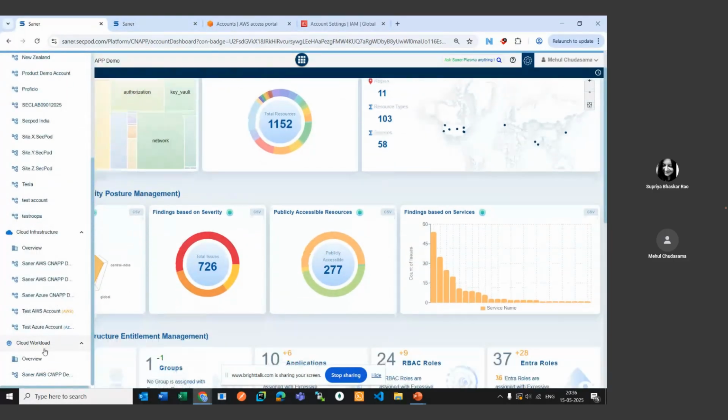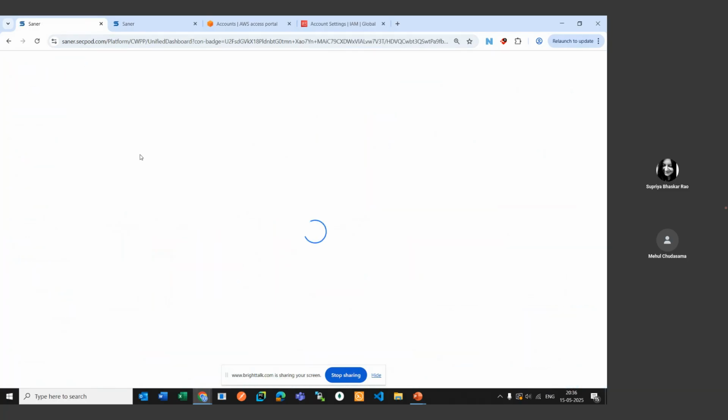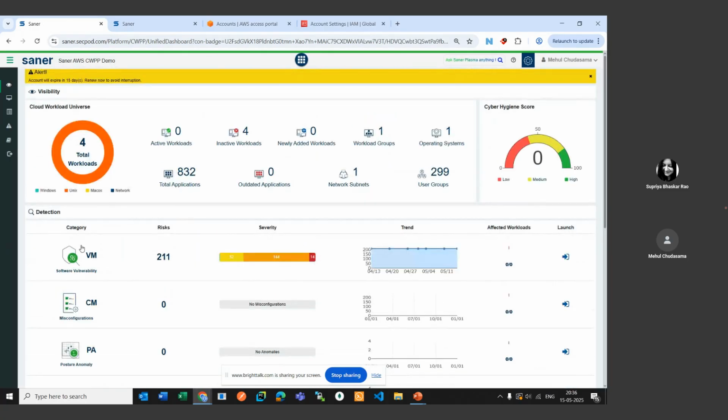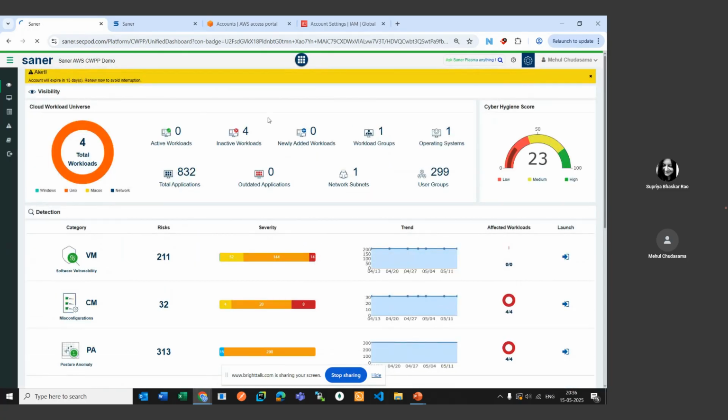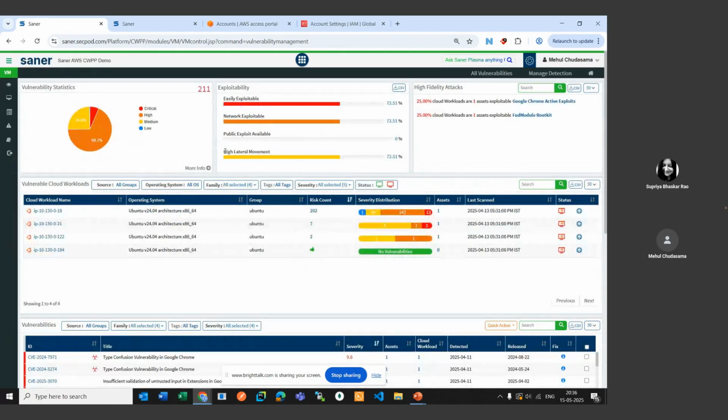One more interesting feature that we have is the cloud workload. Cloud workload gives you an option to scan for vulnerabilities within your cloud instances, or your cloud virtual machines in case of Azure.